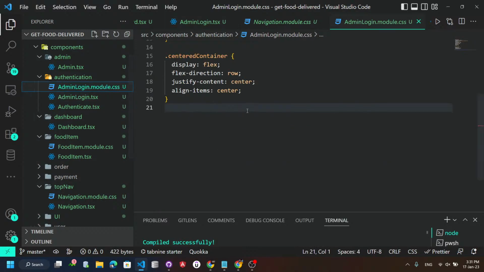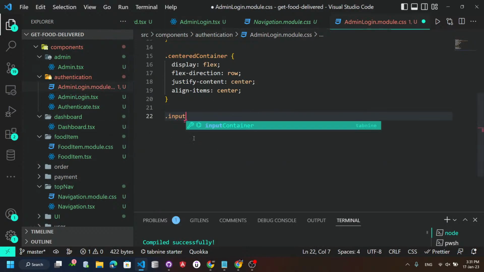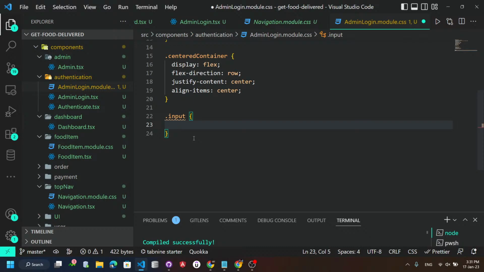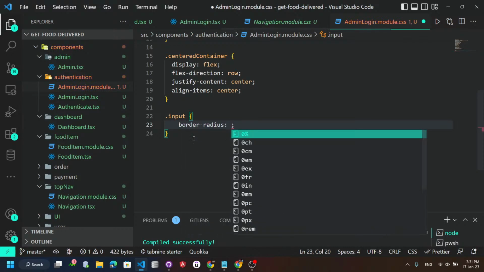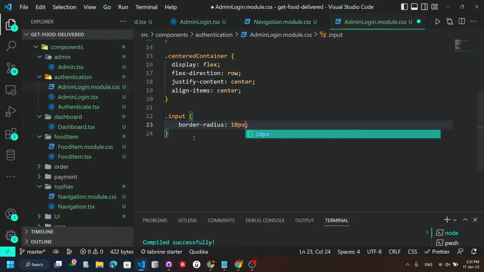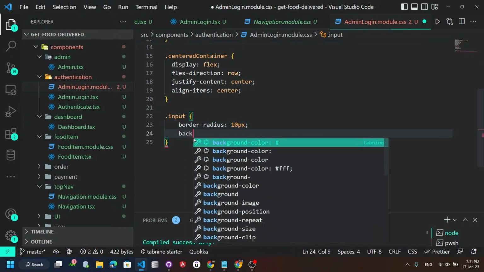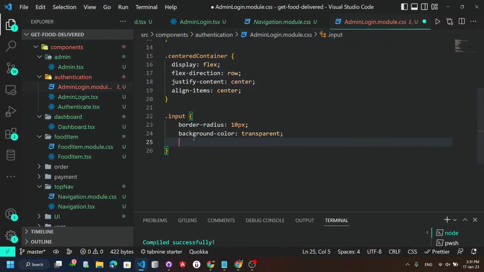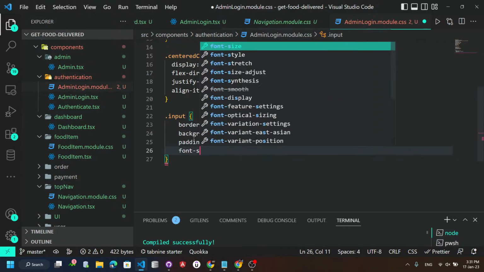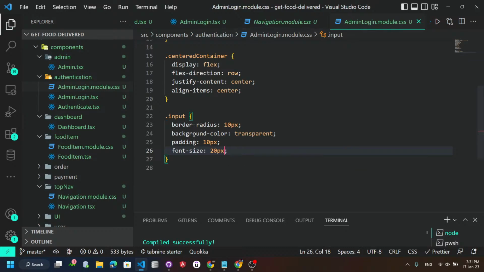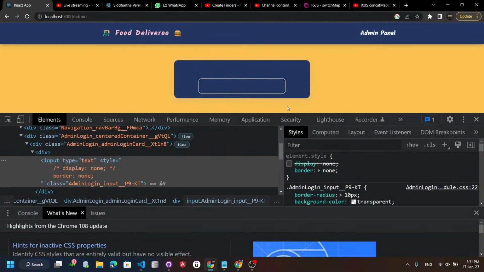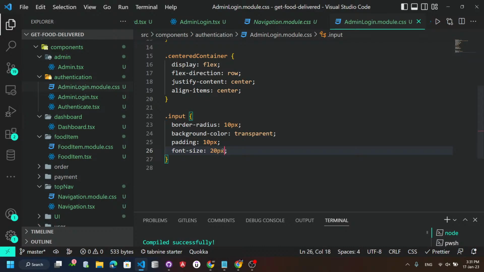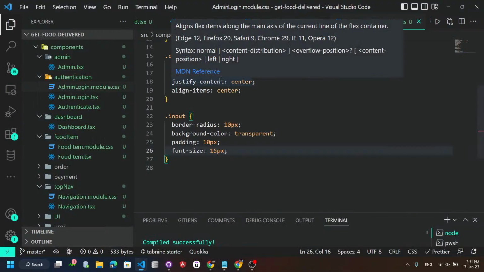एंड नाउ व्हाट वी कैन डू, यहाँ पे हम लगा सकते हैं डॉट इनपुट. एंड इनपुट को जो मैं दे रहा था वही सब, बॉर्डर रेडियस लेट्स से 10 पिक्सल्स. देन बैकग्राउंड color will be transparent. Padding will be 10 pixels. Font size will be 20 pixels. Let's save. यहाँ पे कुछ इस तरीके का मिल जाएगा. फॉन्ट साइज 15 पिक्सल भी कर सकता हूँ मैं. ओके, एंड